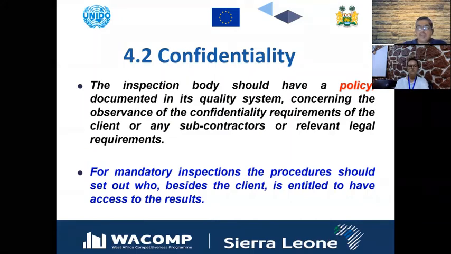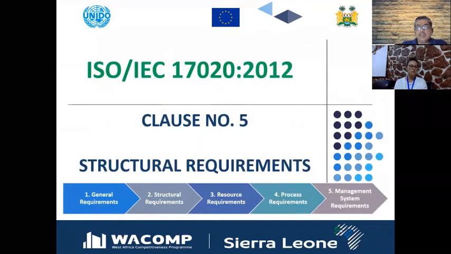So confidentiality needs to be adopted at the level of the people who are actually inspecting the produce. That is why these procedures need to be developed and this training needs to be conveyed at the inspector level, to those who are actually doing the inspection. So confidentiality is a very important item. In 4.1, we have discussed impartiality and basically independence. And this 4.2 is about confidentiality.